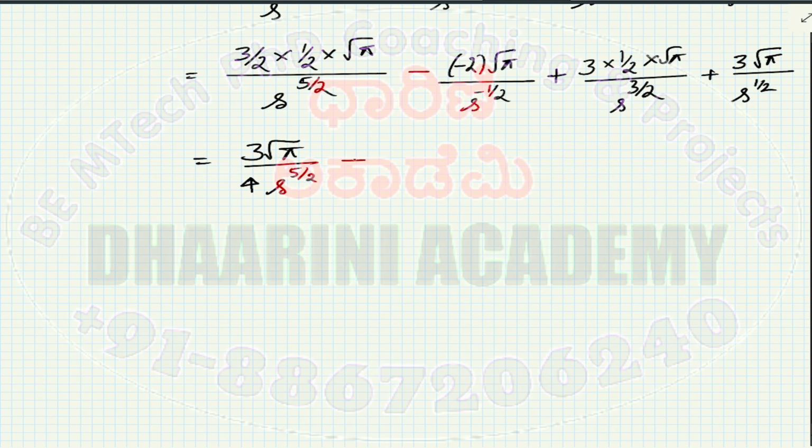Okay, plus, minus of minus is plus, there is a plus 2. See, s to the power minus half in the denominator goes to the numerator as s power half. S power half is root s, so I can write it as root of pi into s. Okay, already there is a root pi. I can club them together. Then we have